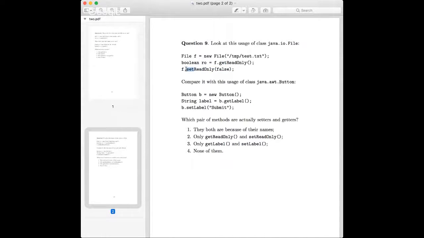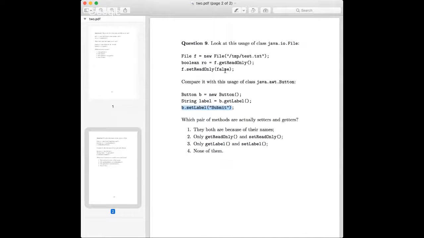They clearly look like getters and setters. And then in the second example, we use the class Button from Java AWT, and then we get label from that button, and then we set label back. Which pair of methods, and look at their names, get and set in both cases, is actually a pair of setters and getters?